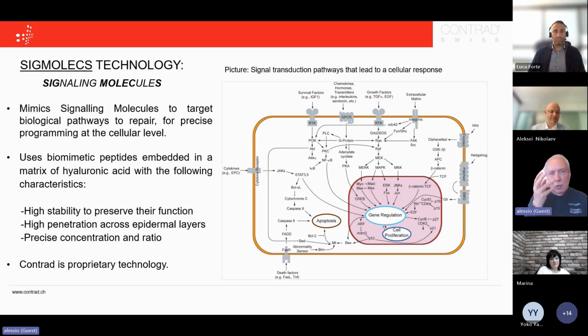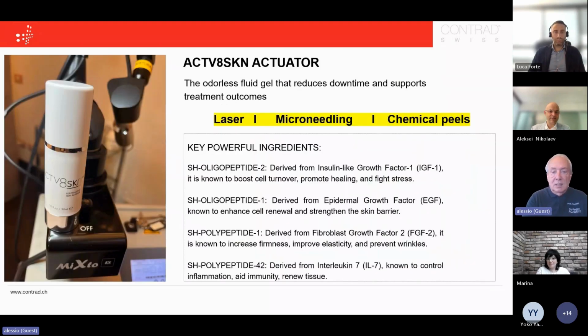So you are sure that it penetrates, especially after CO2 laser, where we create some penetration, some holes where the molecules can penetrate better. And Concord, of course, is proprietary of this technology. This is the Activate Skin that we use, and this is my machine. And what is inside the Activate Skin actuator is a totally odorless fluid,